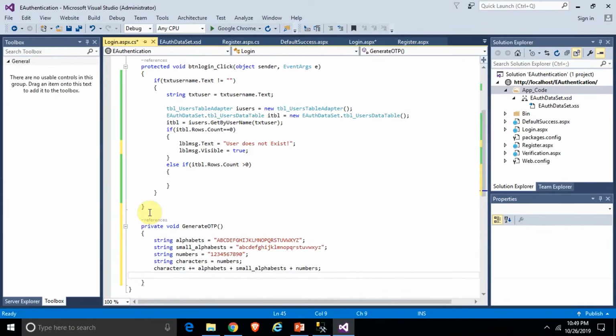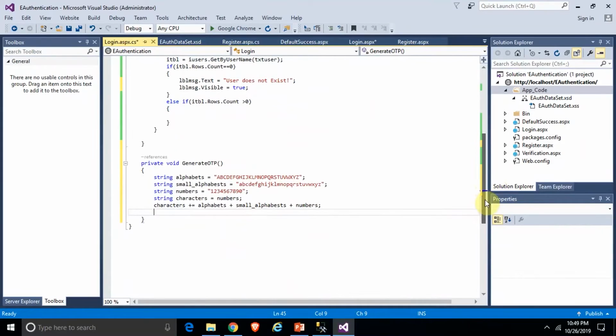So we're going to decide on the length of our OTP, whether 5 characters, 10 characters, 15 characters, 3 characters. I think we could just use 5. So we say integer length. So we could say just 5 characters, right? Okay, so now let's say string OTP itself. First of all, the OTP is an empty string,